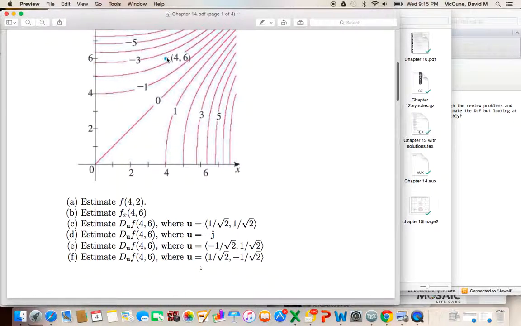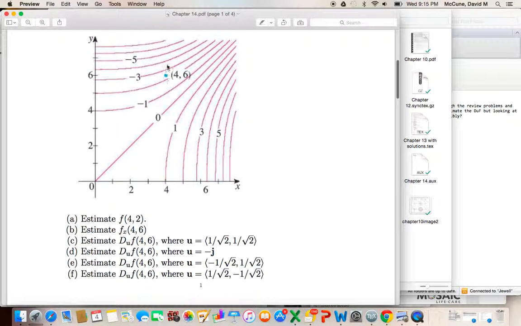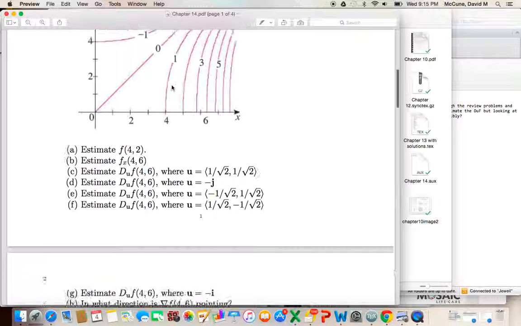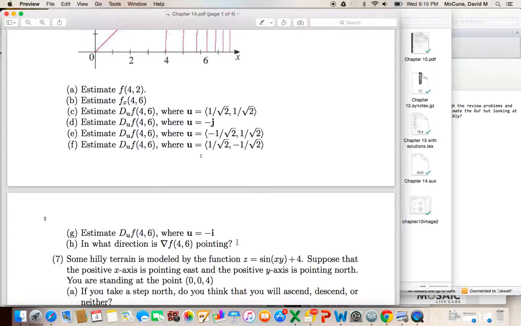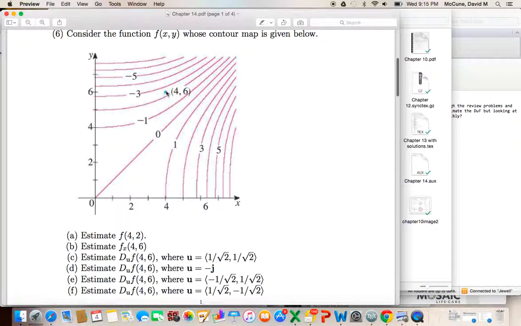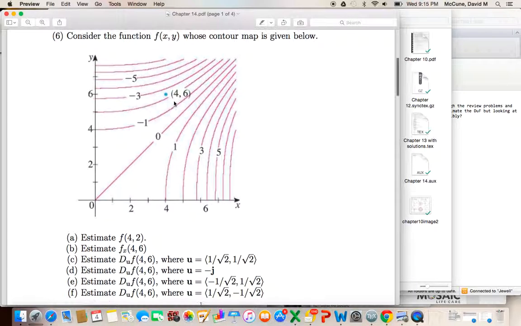Just ask yourself, okay, if I'm standing right here, what's the steepest step I could make? And in this case, going up is certainly not the steepest, and I mean positive steepest, because here you're just going negative anyway, okay? But if you go about southeast, you're doing the best you can in terms of increasing the height of the function when taking a step of length 1. So on your exam for part H, you could literally write a vector that points in the southeast direction. So just draw like this, or you could draw the vector on here, right? It's pointing perpendicular to the level curve in the positive direction. Okay, so I hope